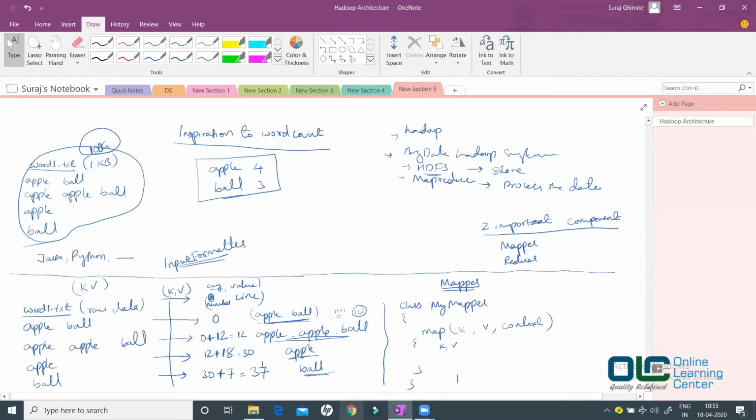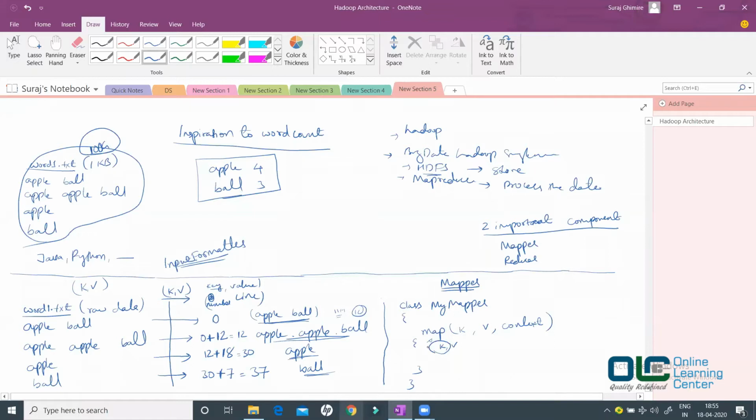No, right? Because all I'm interested in is these values: apple ball, apple ball, apple ball, and so on. So that means you can easily forget about this key right now. I have really nothing to do with this key.